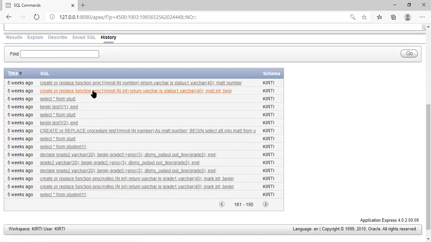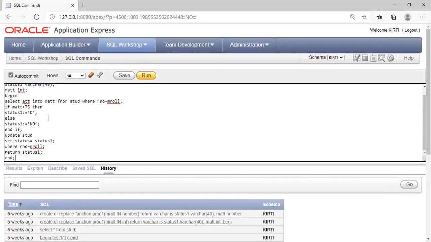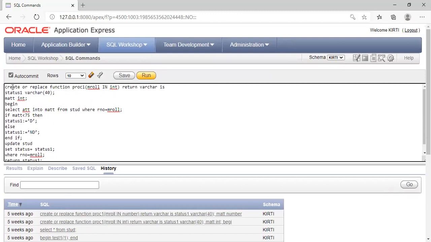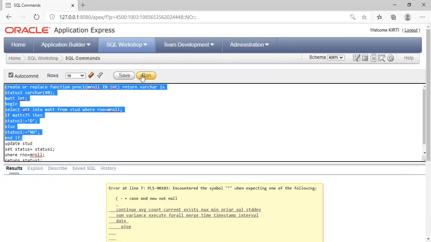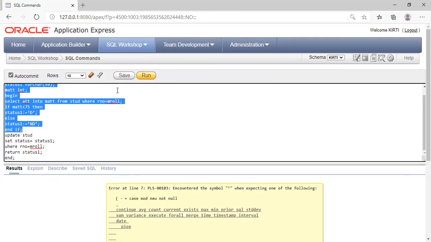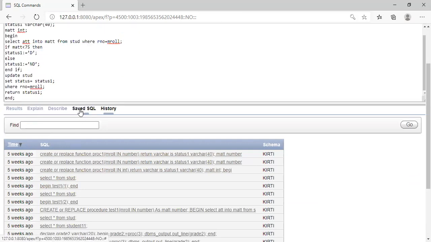So the thing you have to remember related to the function is only that. Okay. I will run once again. We will check. It is overwritten, so it will create an error. Okay, actually it is saved.